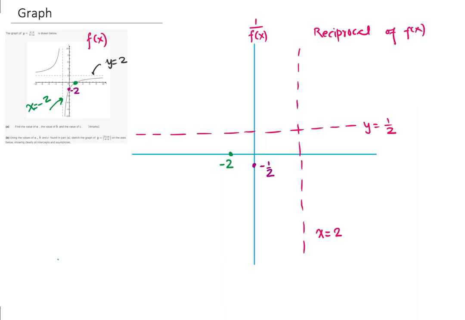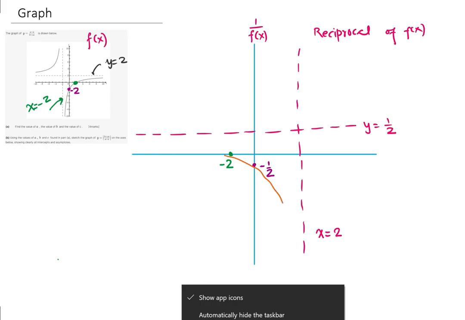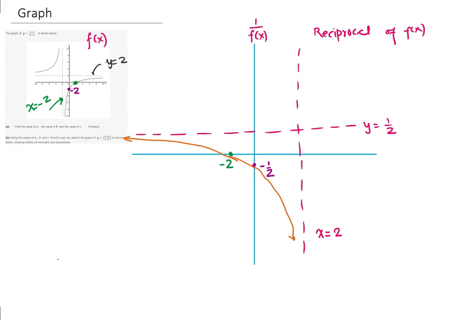Let me sketch it once again. So I want to connect these 2 points, which I have done here very nicely, right? Correct. So that becomes this part, and here we have a similar part as a reciprocal function. So this is the reciprocal, where I have drawn the horizontal asymptote and the vertical asymptote,